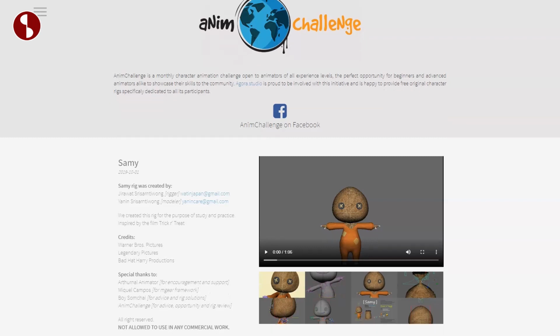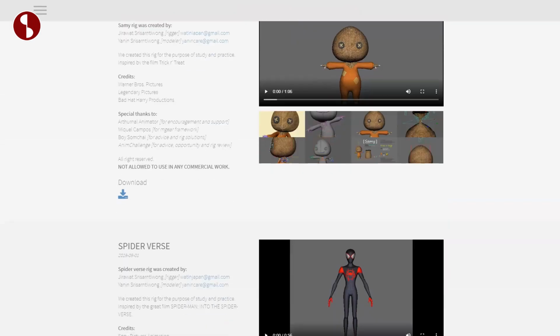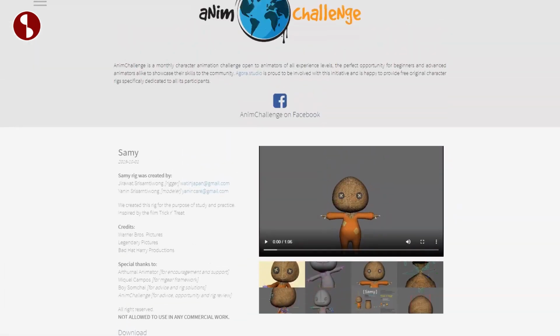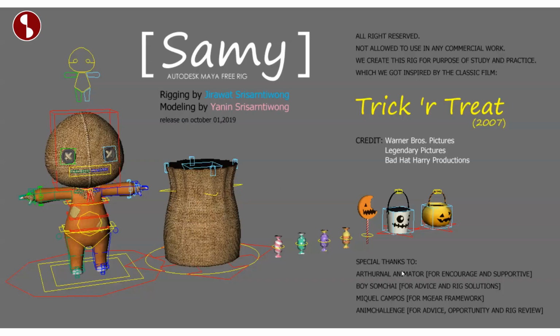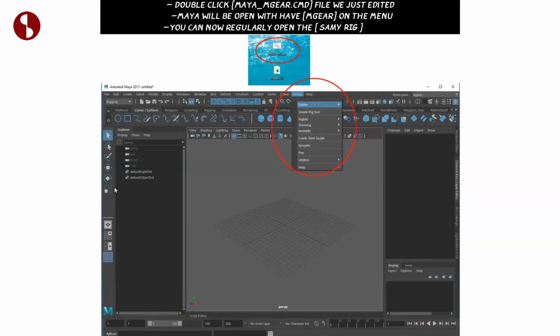If you're familiar with Jerva and jean-denis, if I'm pronouncing the names correctly, they have released the very popular Spider-Verse rig before, and now they have released Samy. And as always, when you download the rig, you have the photos here that give you a bit of a walkthrough of what's going on, contact information, what the rig is, and of course, instructions of how to get the